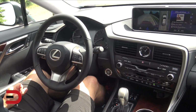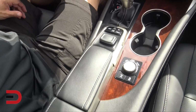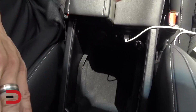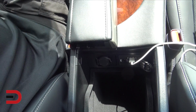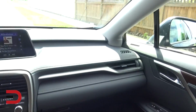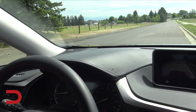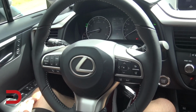It's super calm, super quiet in here, very comfortable. Love the leather. And USB port is in here. There's 2 of them in here. There's also 2 back there, so 4 total in the car. Cup holders. Yeah, standard stuff. Good. I hope that gives you a little bit of a sampling or taste of what the interior is,